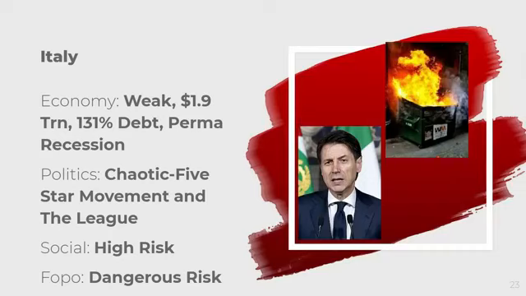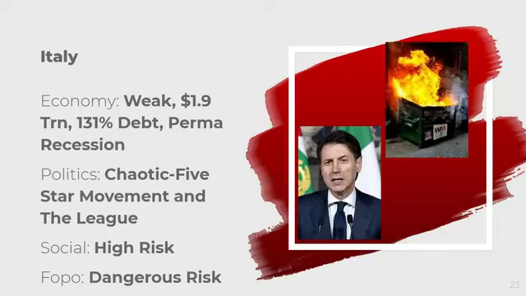In this slide, I have a link to an article that explains the perma-recession, but to keep things brief, because Italy has so much debt and is not even paying enough money to where it can pay off said debt, and it is fighting with the European Union on austerity measures and various other social recovery programs,